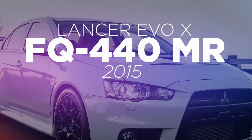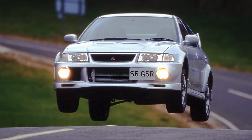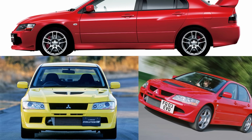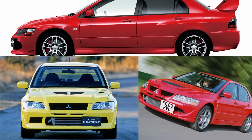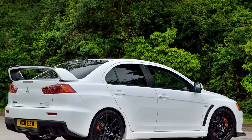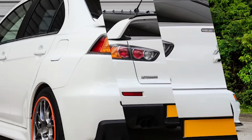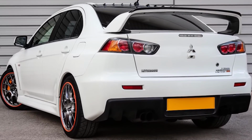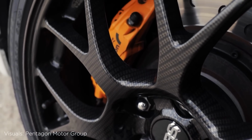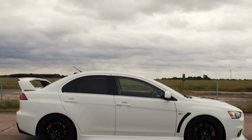After the Evo 6 was a critical and commercial success in the UK, every following version of the Evo was instantly made available in Europe. This culminated in the terribly named, but terribly good to drive, Mitsubishi Lancer Evo X FQ-440 MR, which arrived in 2015. To showcase the Evo's success, these sold out in a matter of hours, but that was partly because they only sold 40 in the UK. The swan song for the Evo would have cost you £50,000 at the time and acted as a fitting farewell